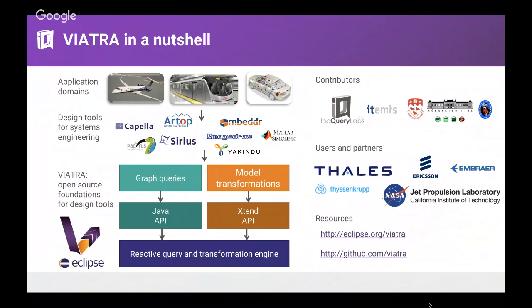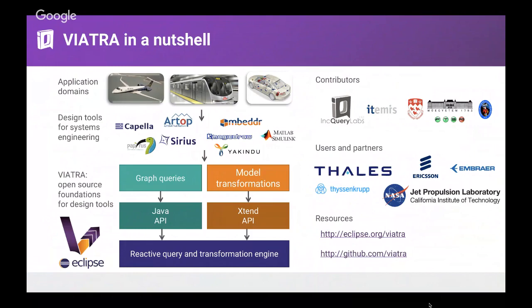The two fundamental functionalities provided by VIATRA are queries and transformations. These are basically the fundamental building blocks of modeling applications. Queries you typically use in a modeling tool for assembling contents of UI components or views, or running validation checks on your models, or generating code from your models, which leads us also to the second part of the framework called model transformations, which help the developer with actually processing the model,